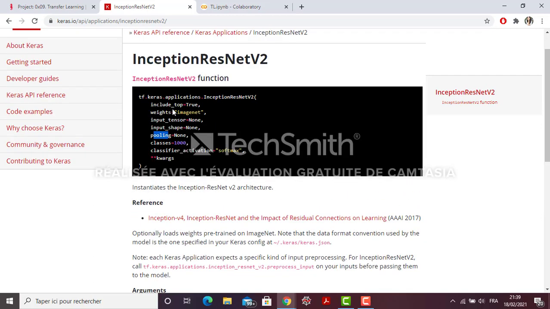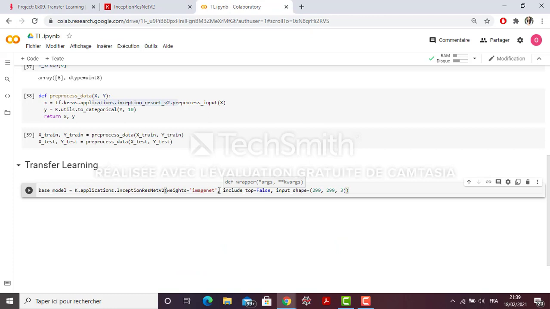The default value is ImageNet, so it's not a big deal if I don't put it. By writing weights equals ImageNet, I'm saying that I need the weights trained with the ImageNet dataset. So this is my base model.